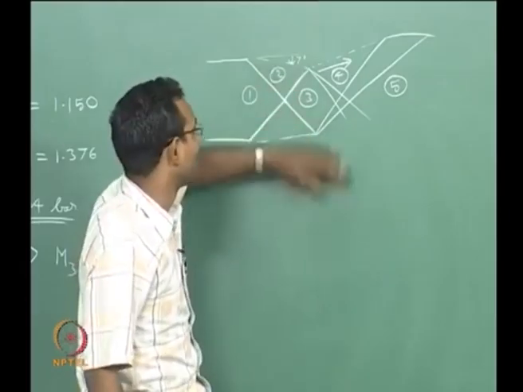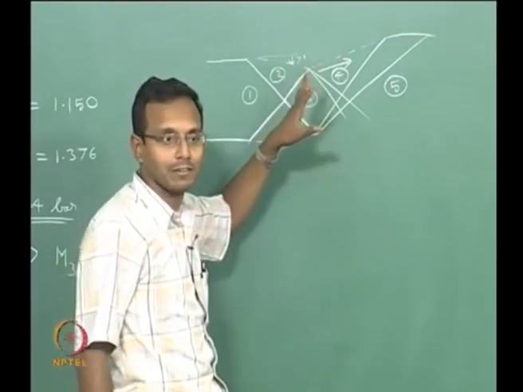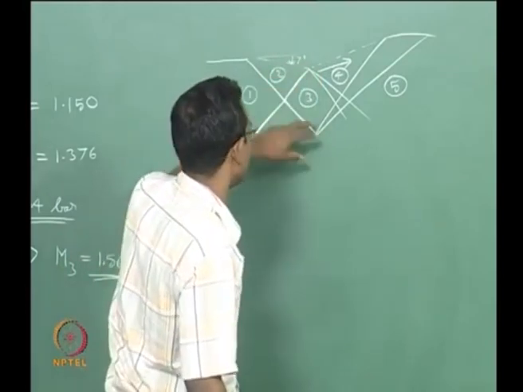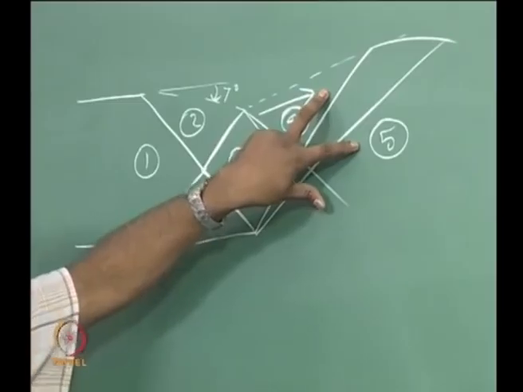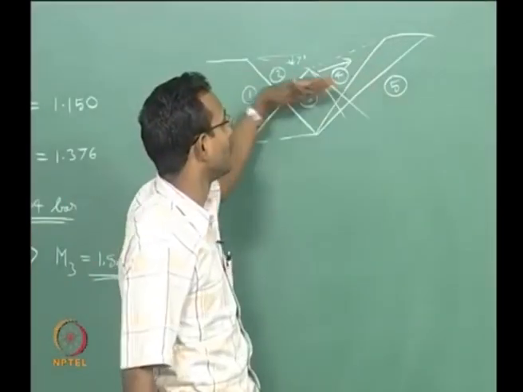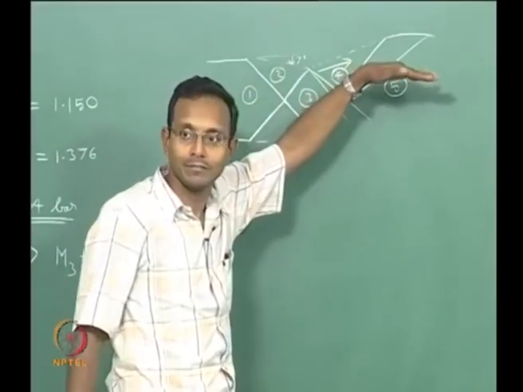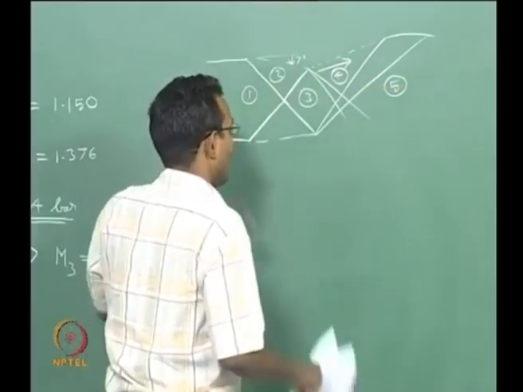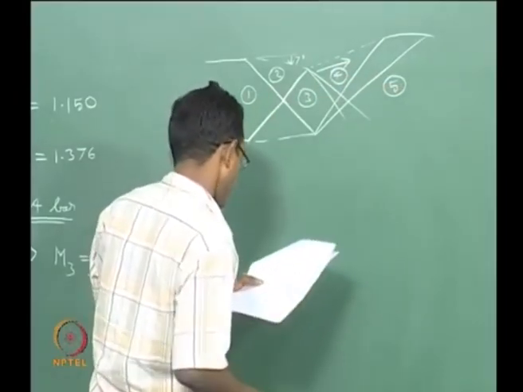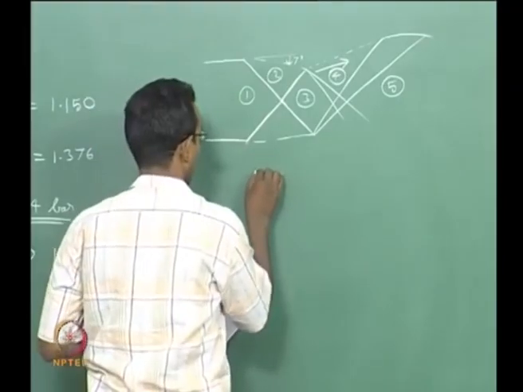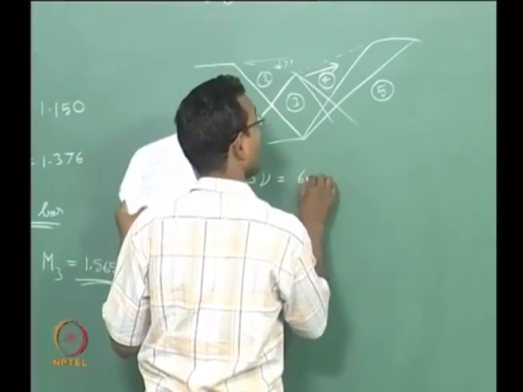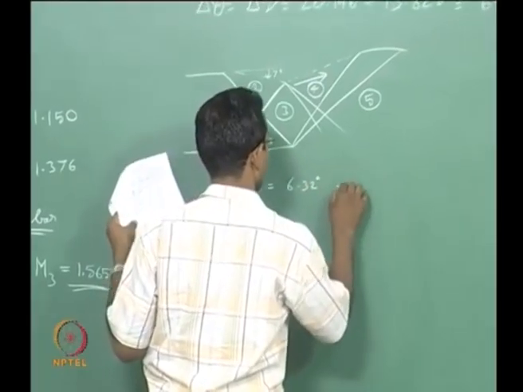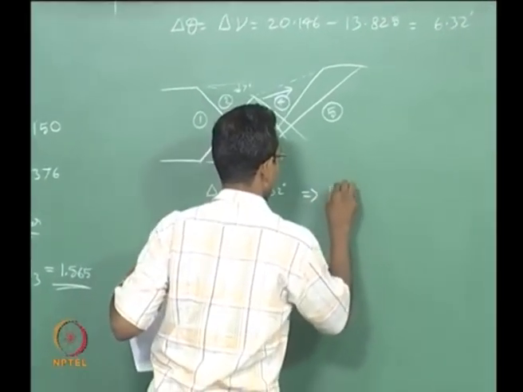If this pressure is different from that pressure, then it will do crazy things. Currently we are taking it as a symmetric system. So I will use the same delta nu here again, which will mean that my angle of 6.32 up will come back to 0 again. Okay. So it will turn back to 0 at that point. So my delta nu is again equal to the same value 6.32. This implies that my nu 5,